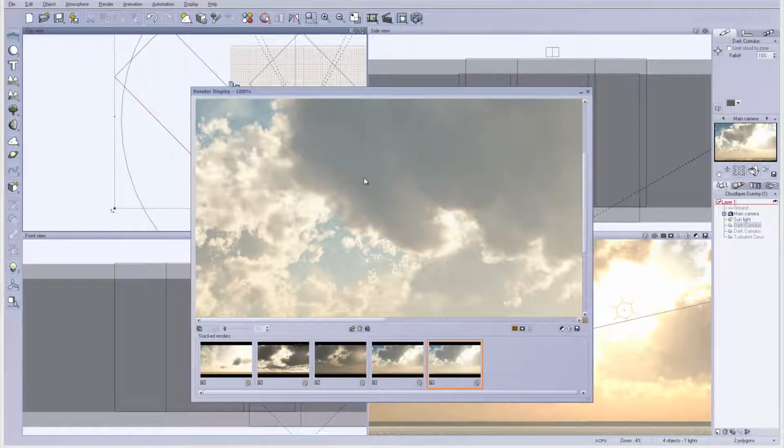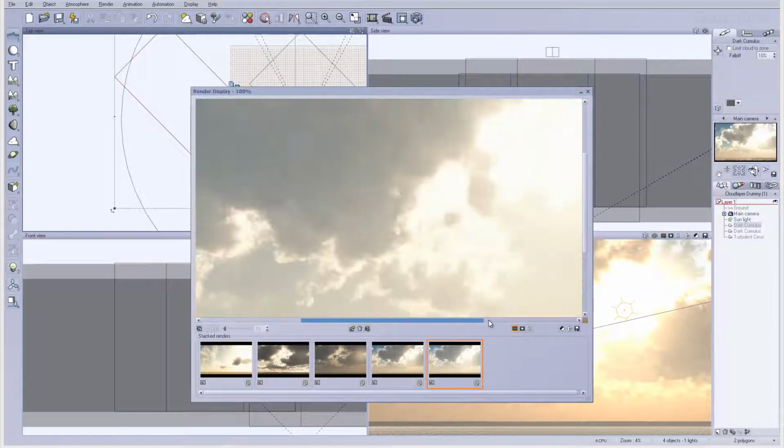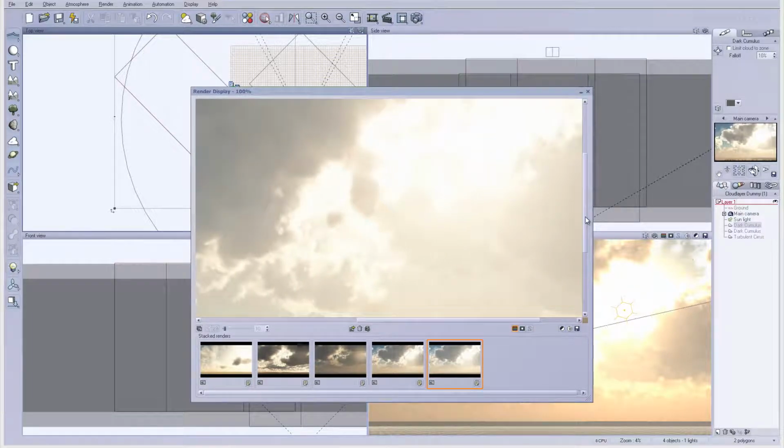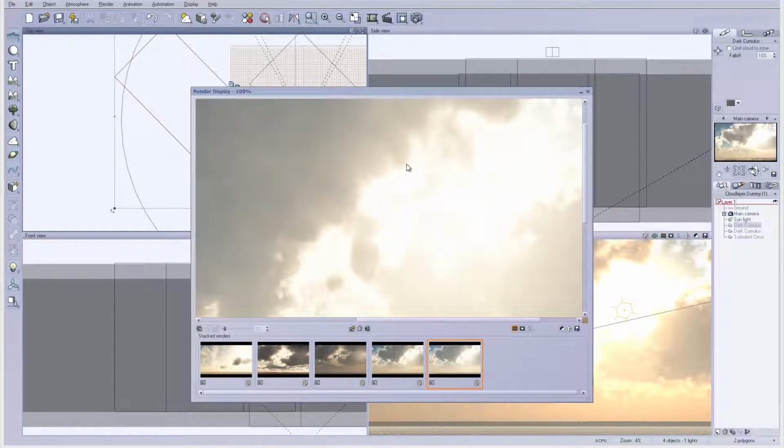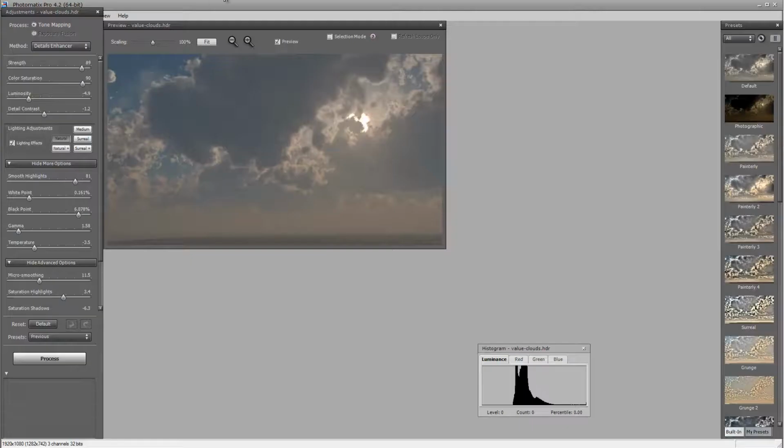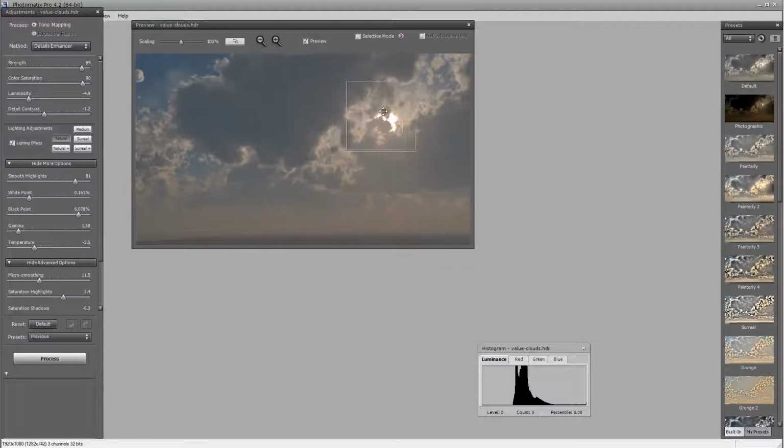You can see the tone and how, for example, right in this area it's too bright, we lost some sun. So if we go inside the HDRI with tone mapping, you can see in this area we have our sun visible and we have a little bit more details on the cloud. Of course, I'm going to modify these settings slightly. I don't want this dark, so I want to bring a slightly brighter kind of effect to this, and